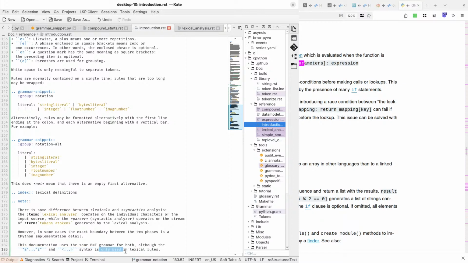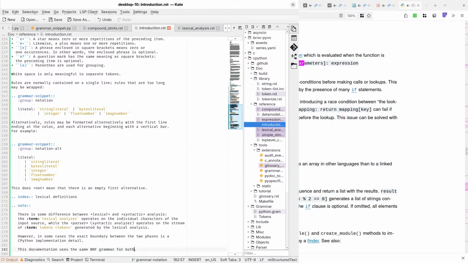And when I say only used, somebody will come in with a pull request that uses it in some other chapter. Of course. So let's not do that.